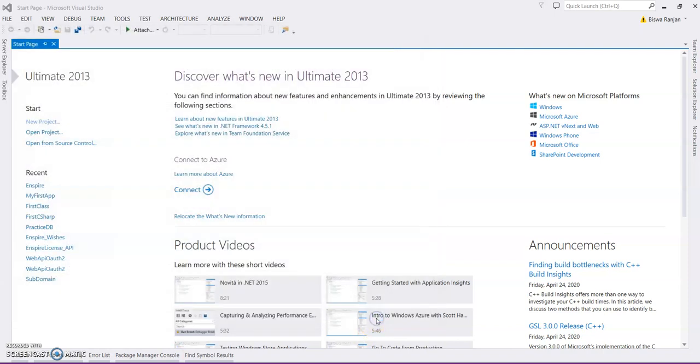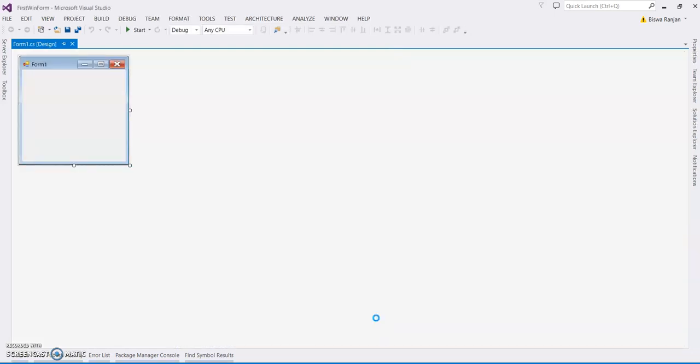Click on OK. Visual Studio will create a default form for you. You can see now this is our default form. It's coming as Form1.